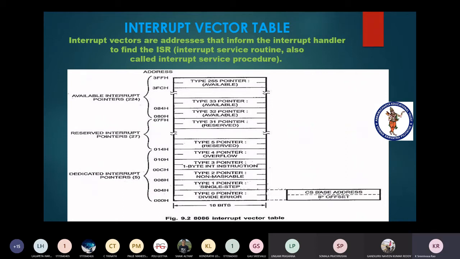Now we start the execution of the processor. At some point it receives an error, and that error is the divide error. That is called an interrupt. Whenever that situation is identified, it immediately jumps to 00000. The processor comes to the interrupt vector address of that particular situation, that particular interrupt.